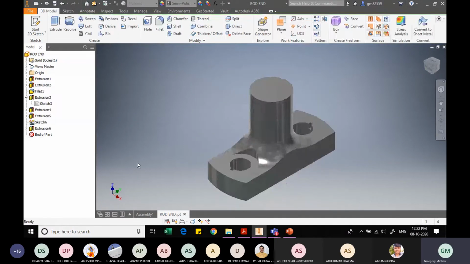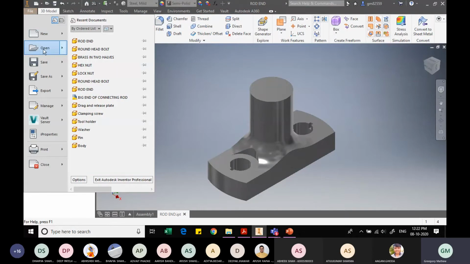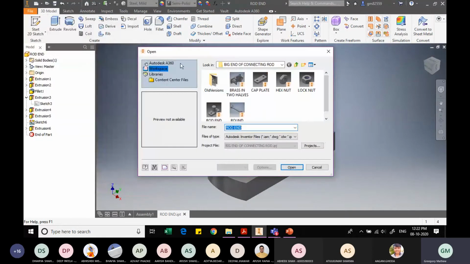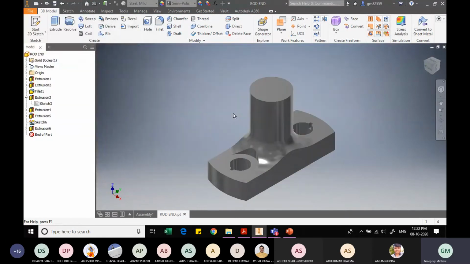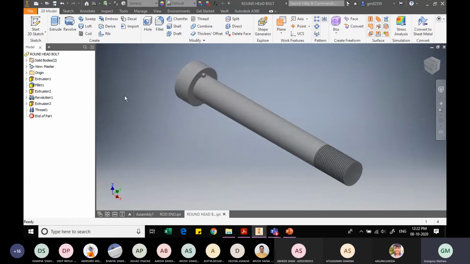We'll finish this. We'll open the other component also. A rod, a bolt head, and let us check this dimension. Now, where is this extrusion? This is it.